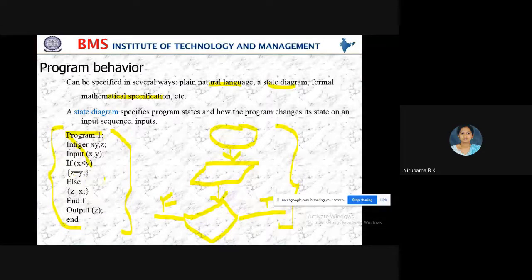See students, here we are checking the largest of two numbers and storing it in the variable z. First, if x is less than y, assume x is 1 and y is 3.